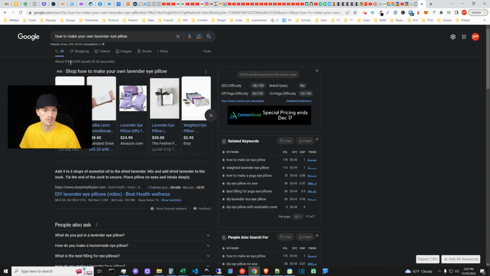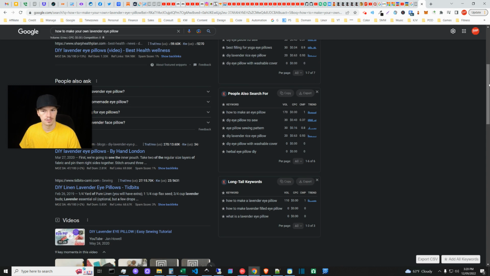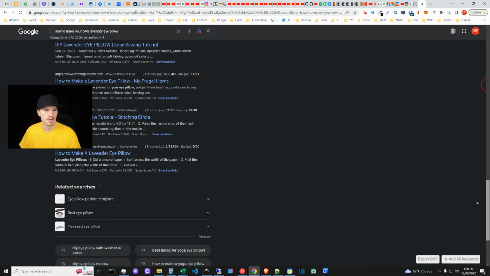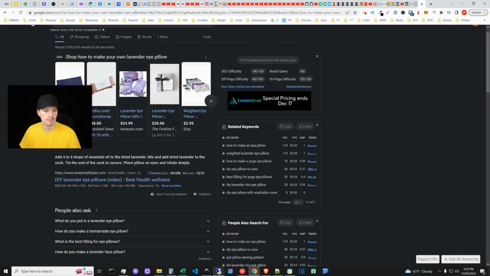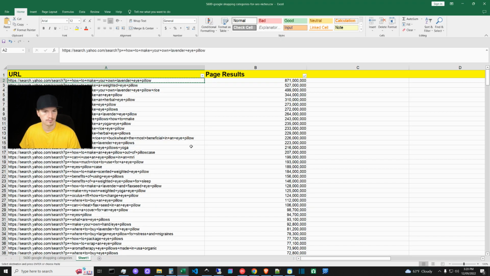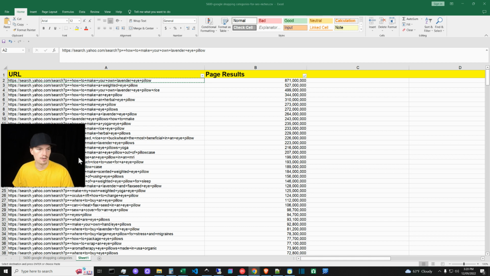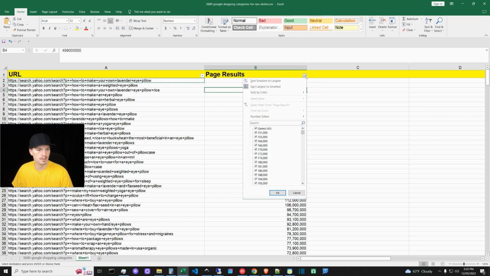Obviously there's more results than just for eye pillows. It says it's less competitive, but like we've been saying, you don't really know until you start trying to rank for something, right? I would assume it being so long tail that it would be easier to rank than just eye pillow, right? But it's interesting that Yahoo is saying there are a huge number of pages that they're qualifying for something like that. So, anyways, let's turn this on its head